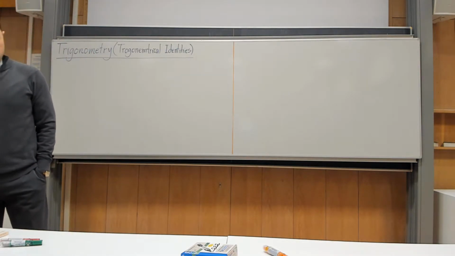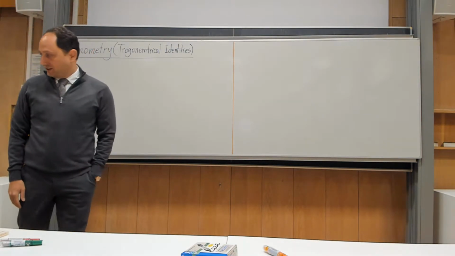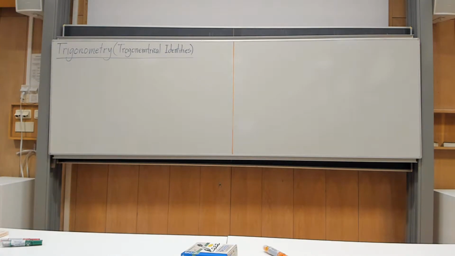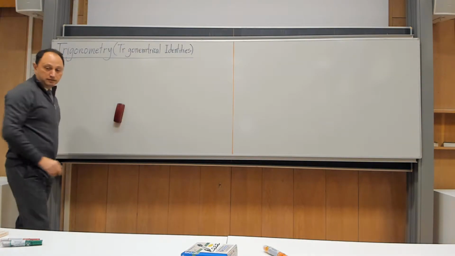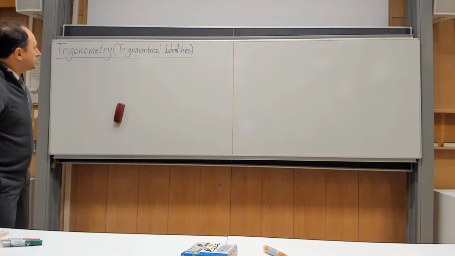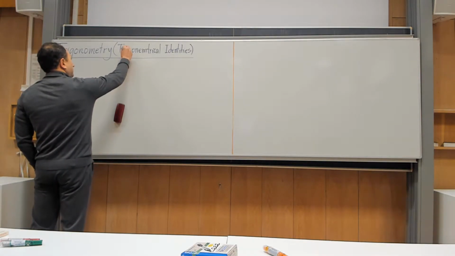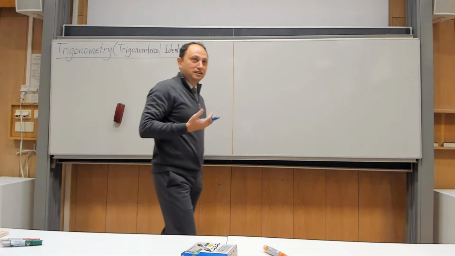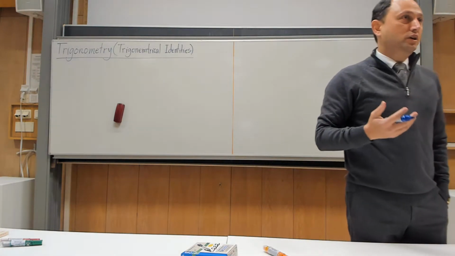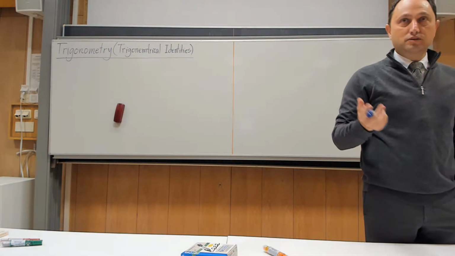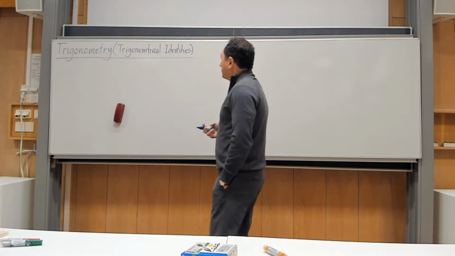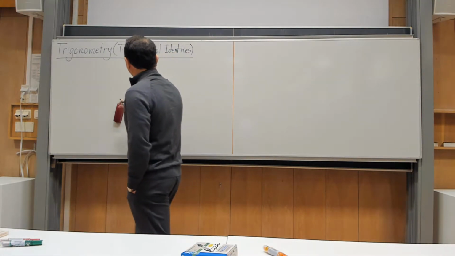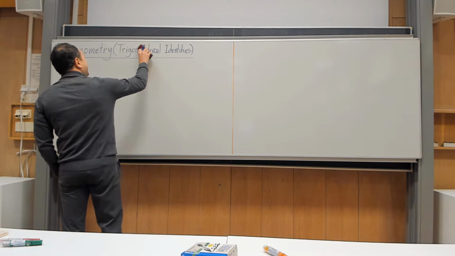So I need to correct the spelling here. Where is this clean? So trigonometrical identities. Of course, this is not in lesson actually, because even when you have sine squared x plus cosine squared x is equal to 1, that is an identity, yes? Trigonometry, again it's wrong, yes? Trigonometrical,